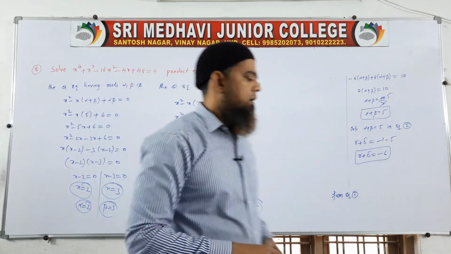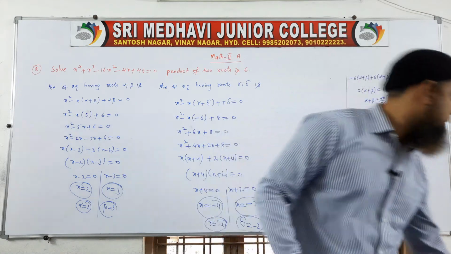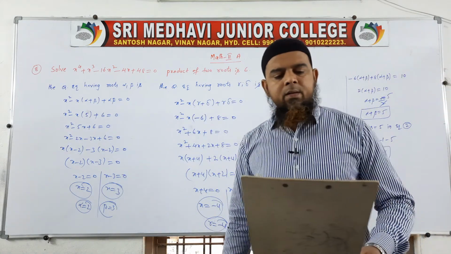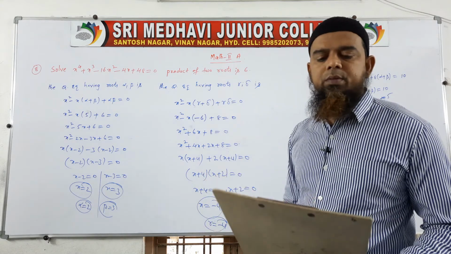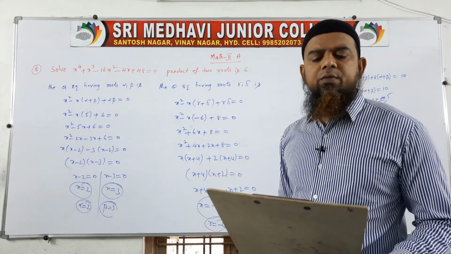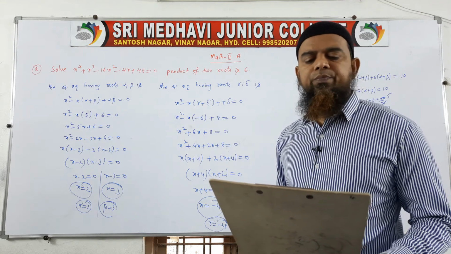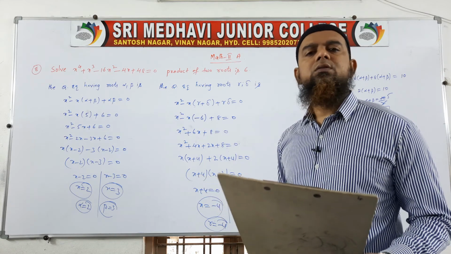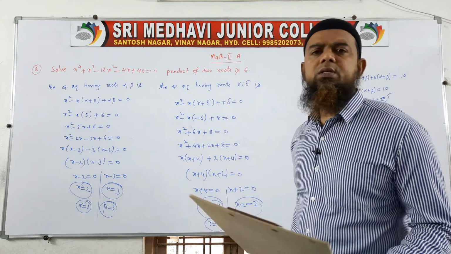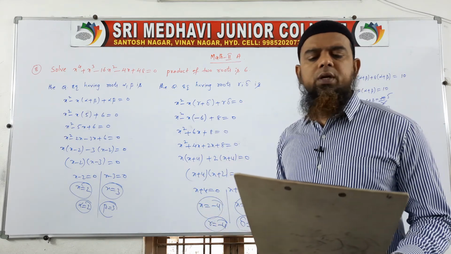In your paper, problem number 9, this is the 8th one here. Problem number 9 is also the same. One 4th degree polynomial is given. In that, the product of 2 roots is 3, given. The procedure is as it is, there is no change in that. You just do it, you will get the answer.